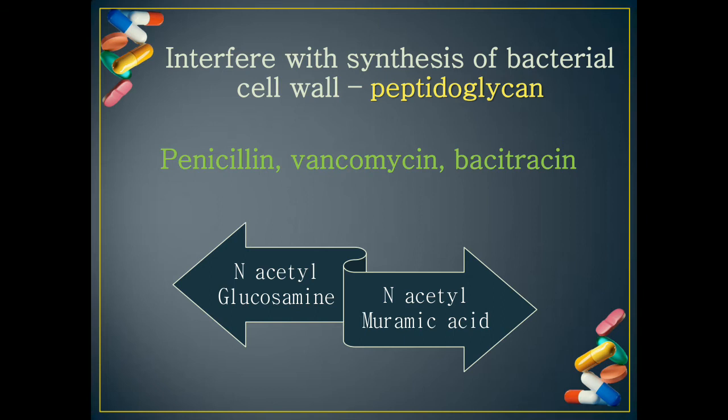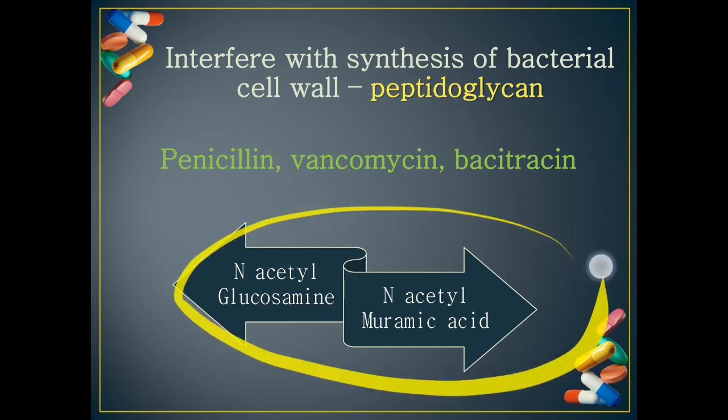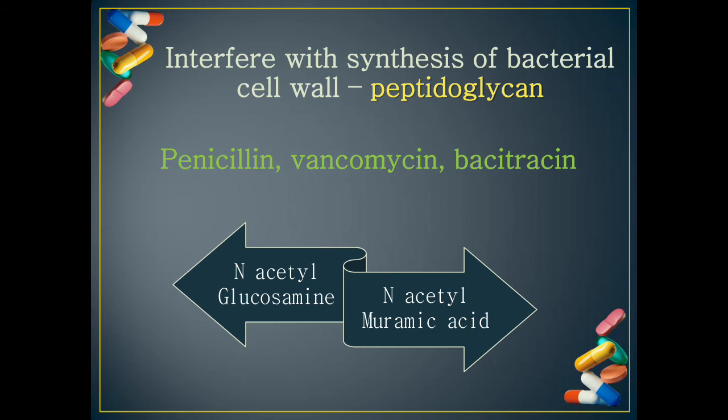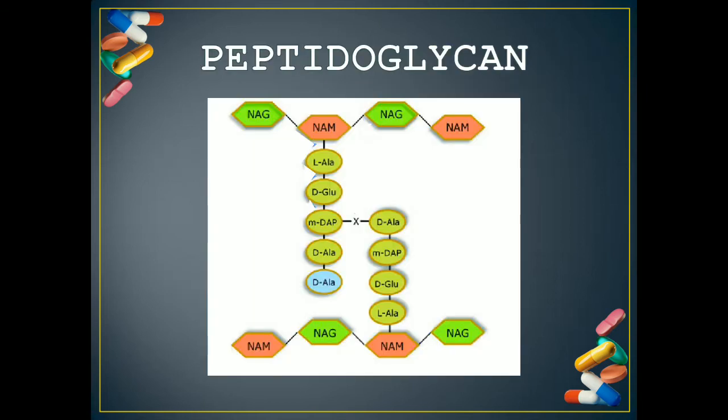So these are some of the points where these antibiotics are attacking. Examples of antibiotics which are blocking the cell wall synthesis include penicillin, cephalosporin, ampicillin, methicillin. All of these have a similar mode of action. Then we have vancomycin, which also blocks the cross-linking by binding to the peptide chain. And we have bacitracin, which interferes with the carrier that transports these precursors across the cell membrane. So these are some of the modes by which the antibiotics can block the pathogen's cell wall synthesis. That is the first mode of action.